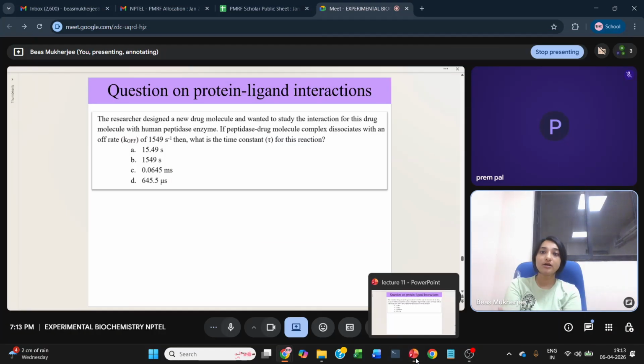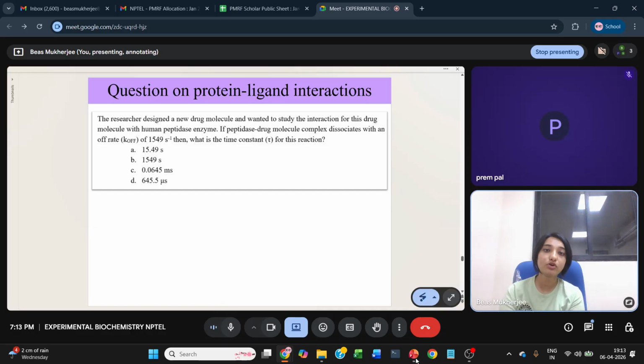Okay. Now the researcher designed a new drug molecule and wanted to study the interaction of this drug molecule with human peptidase enzyme. If the peptidase drug molecule complex dissociates with a K-off rate of 1549 per second, then what is the time constant for this reaction? So what are you going to use? If you remember the first order decay curve,